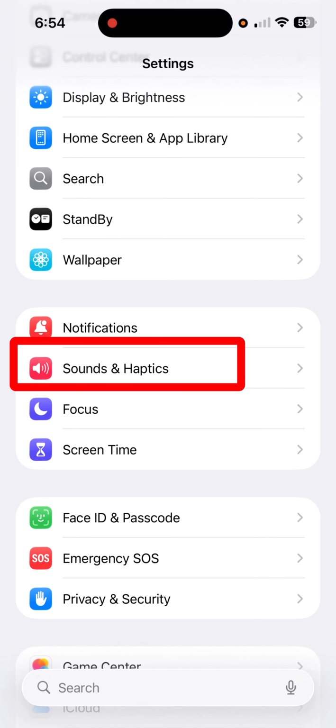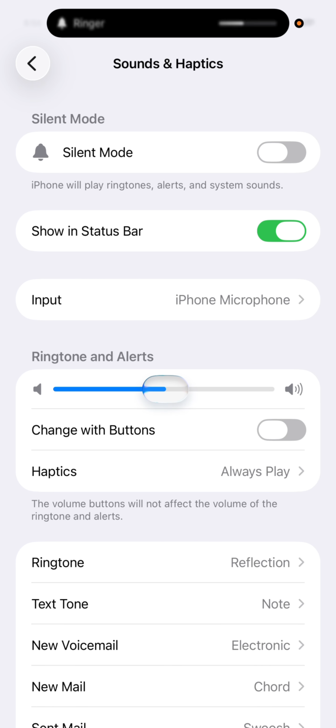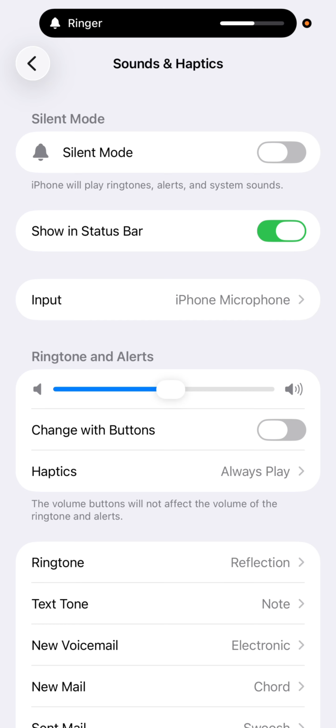Okay, click sounds and haptics over here. Make sure that your ringtone and alerts sounds are not 0. If it's 0, that's why you're not hearing notifications. Okay, other than that, go back